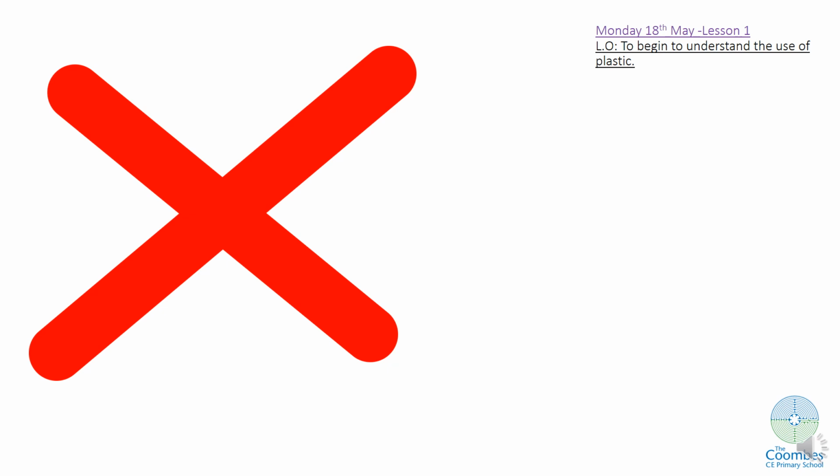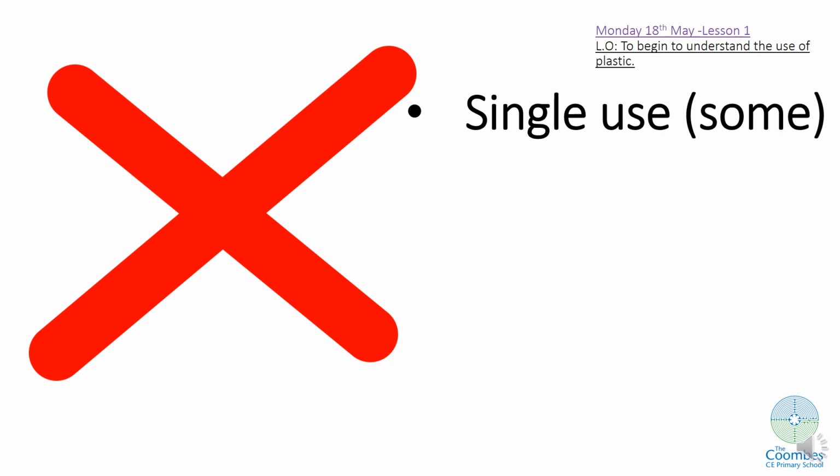Now, we talked about the good things about plastic, but there are some bad things about plastic. So, unfortunately, although plastic can be reused, there are lots and lots of plastic that is only used one time. So that's called single use. It's one time. So think about a plastic bag, for example, a carrier bag. They're very easy to come across, and sometimes we have to pay for them when we go to the shop. But once we're finished with them, they tend to be quite thin, and then they break, and then we put